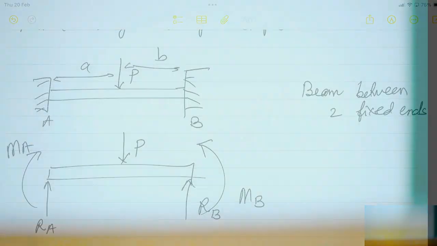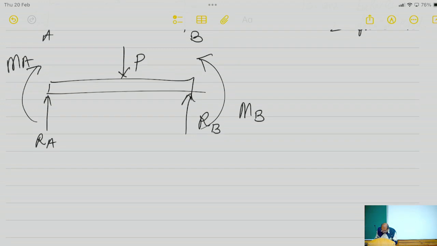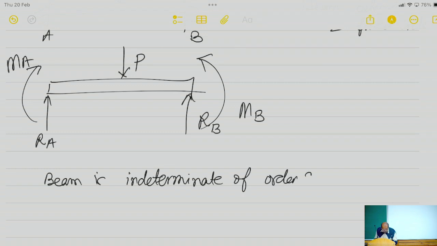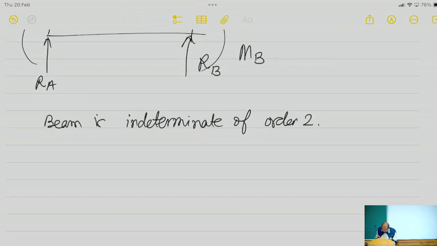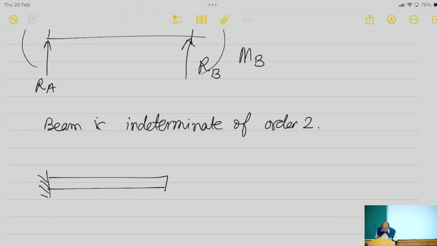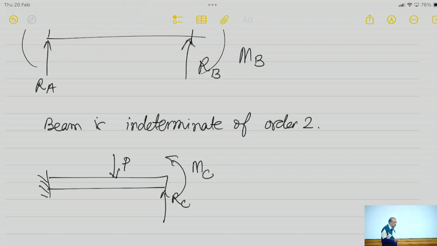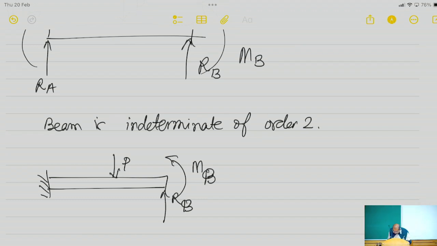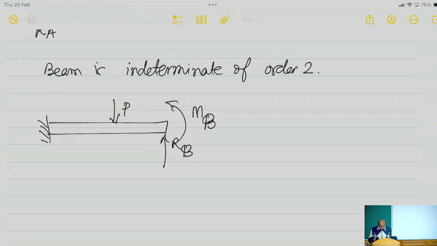So here, if you have to find the deflection, this beam is indeterminate of order 2. So you can treat this as a beam like this, where RB and MB are not known. So this I can write it as